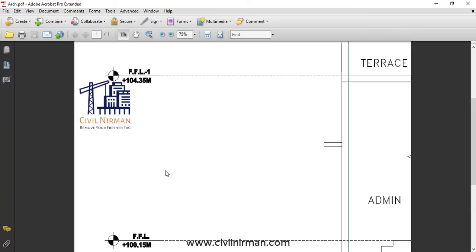Now let's move on to the next step. Remember that in a few of the drawings, all the levels are provided with respect to the RL, or you can define your ground floor as 00 and specify the levels with respect to height. So that is an additional point you need to keep in mind as well. Next important tip: